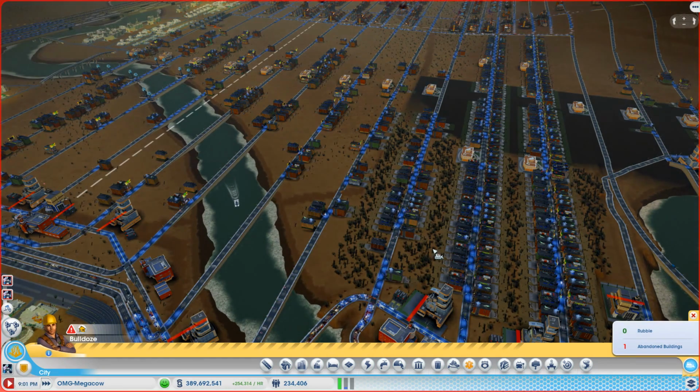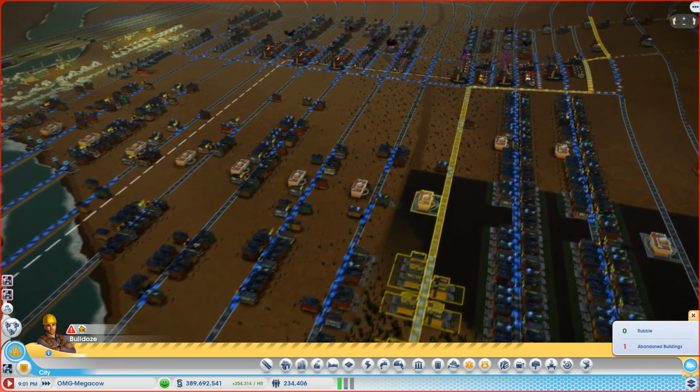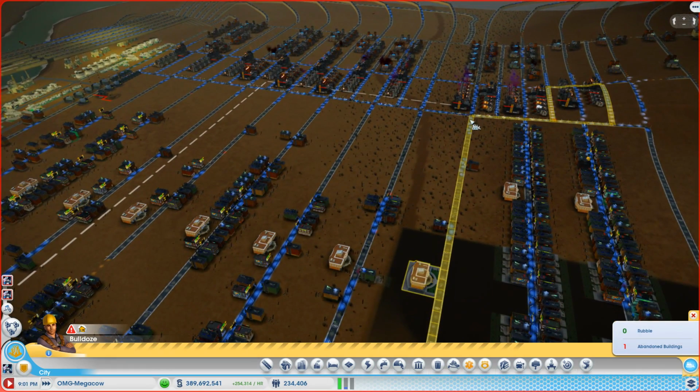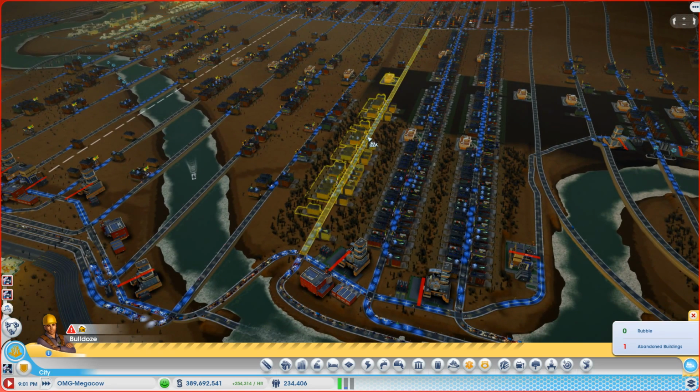Let me pause this for a second. I'm just going to take this row out completely and just redo it. Oh man, I hate it when it does that. I think it goes in a loop. Let's try. Yeah, let's do that. Yeah, I want to get rid of the community college.